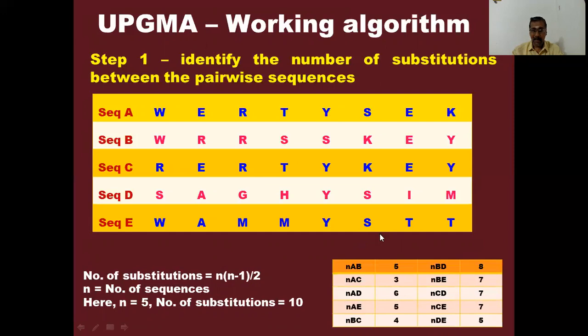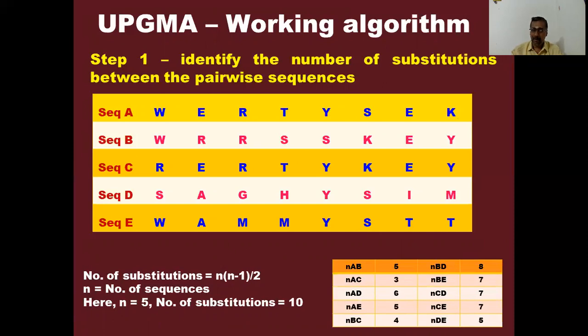So what are the 10 different pairs? Substitutions existing between AB, first pair, AC, AD, and so on. You can see 5 different pairs. When you take 6 sequences, how many different pairs will you get? 6 into 5 divided by 2. If you take 7, 7 into 7 minus 1 by 2. You take 8, 8 into 8 minus 1 by 2. So keep n into n minus 1 by 2 as a base formula to calculate the number of pairs. First you lay out the sequences horizontally,